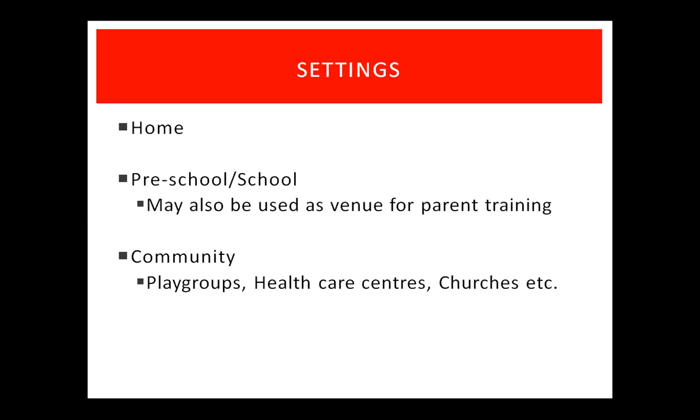You might get a community group like Triple P. The Triple P parenting program is run through the University of Queensland, and they might come in to do a presentation. This is universal because it's given to everyone at the centre and not given to a select group that may be considered to be at risk. So getting outside vendors to come in and do presentations. It can be done in the community, at playgroups, healthcare centres, churches, anywhere where there's a group of people together that have a need.